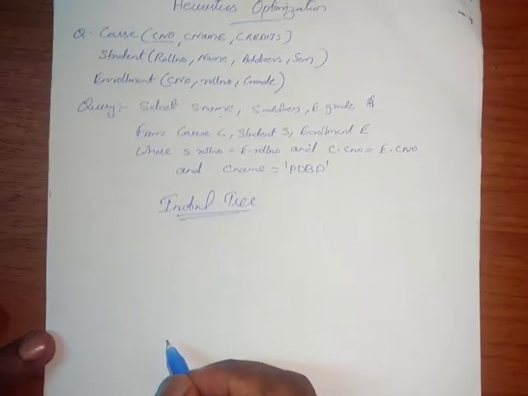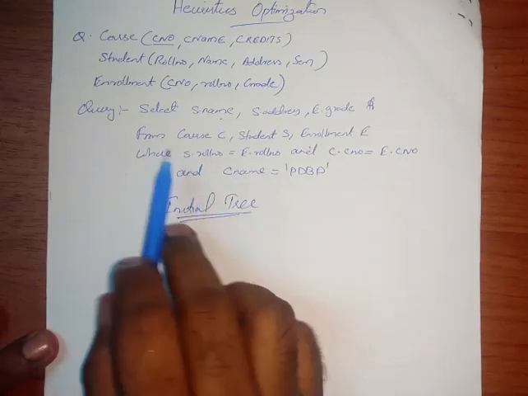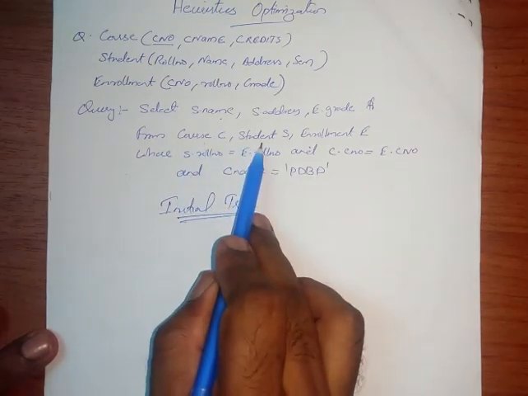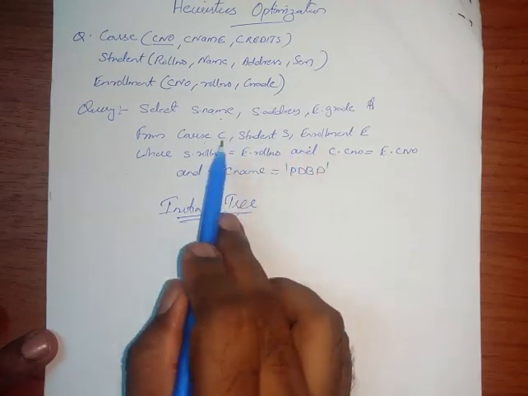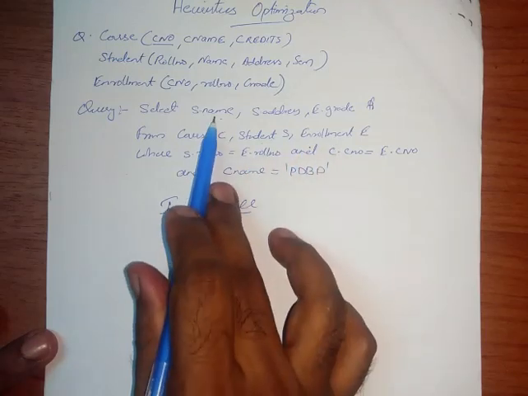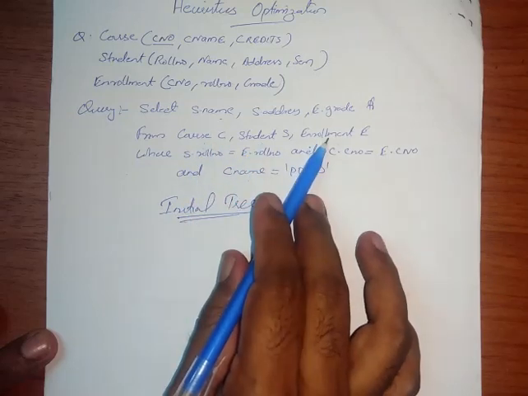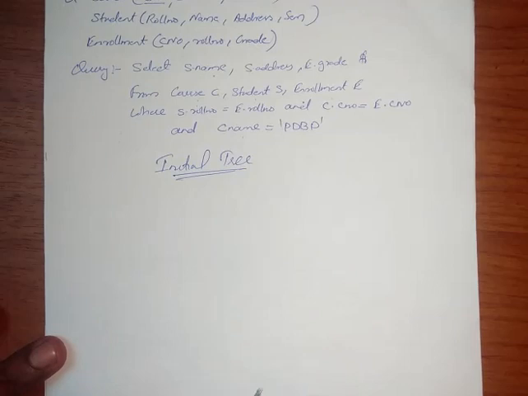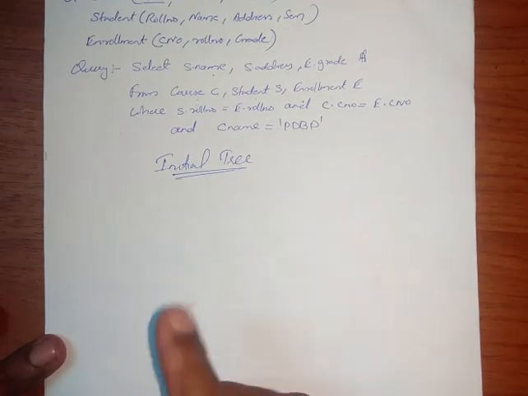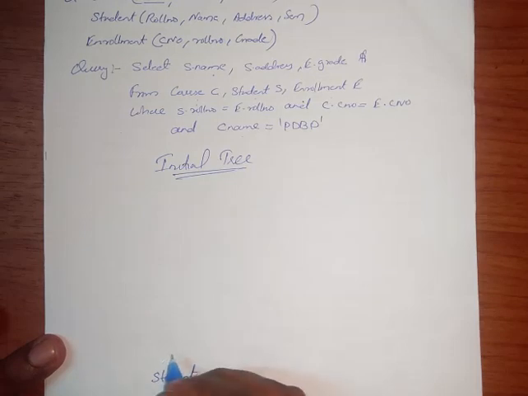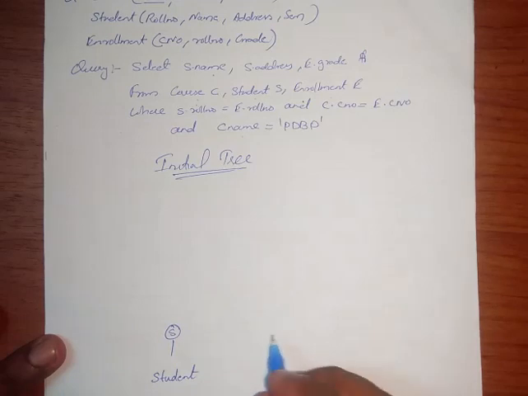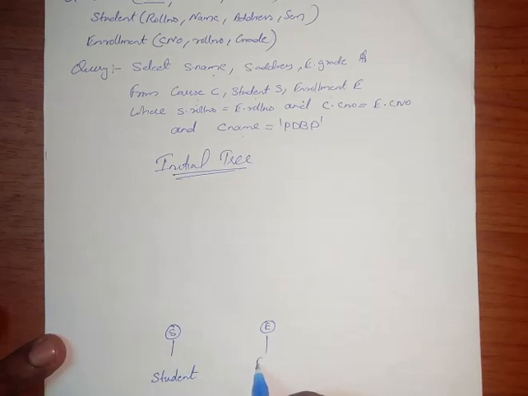For that, first we need to start from the bottom. We need to start the query tree from the bottom. The tables we are using in this query are course, student and enrollment. So we start from the tables, and then we can grow the tree upwards. First we start with the table. I take student, which is renamed as S in the query. Then next, enrollment, which is renamed as E. So this is the first step.